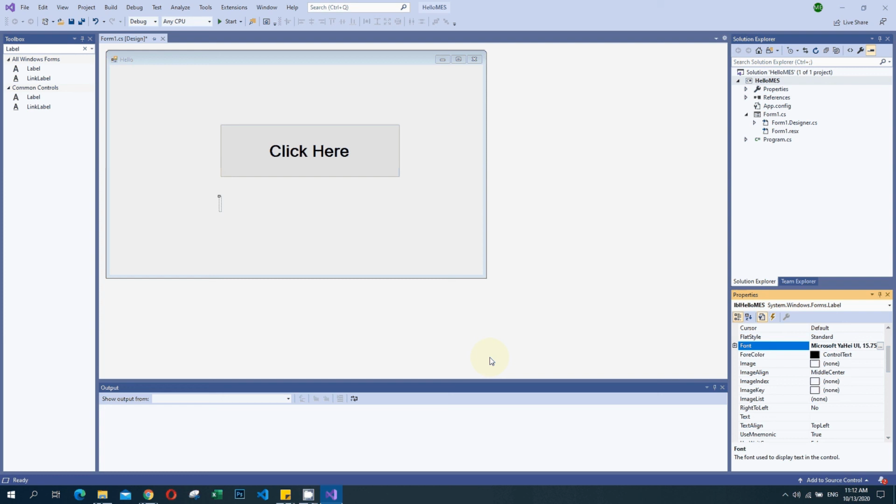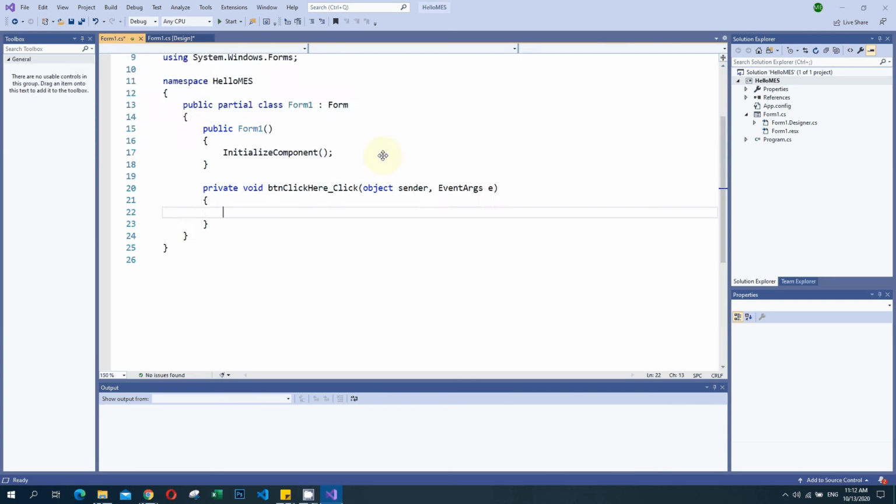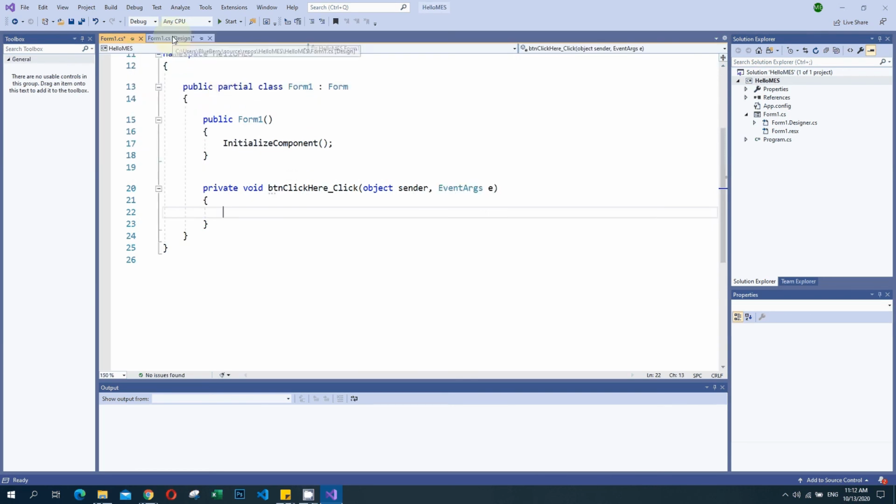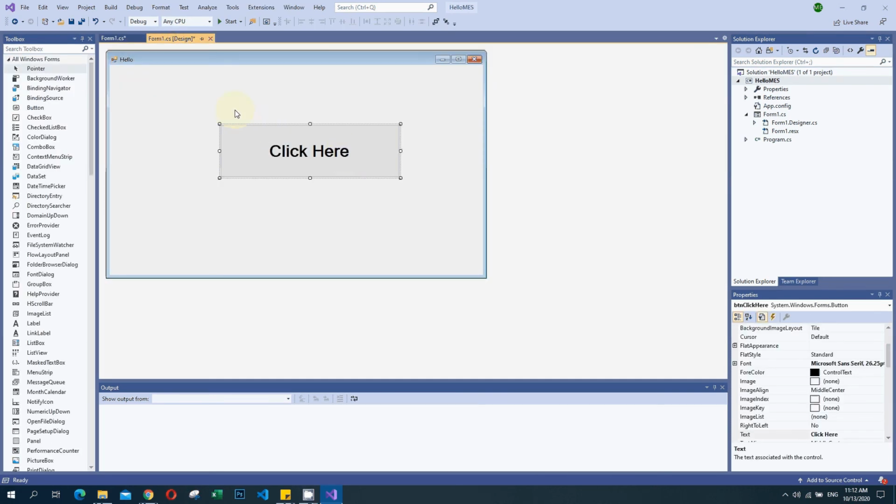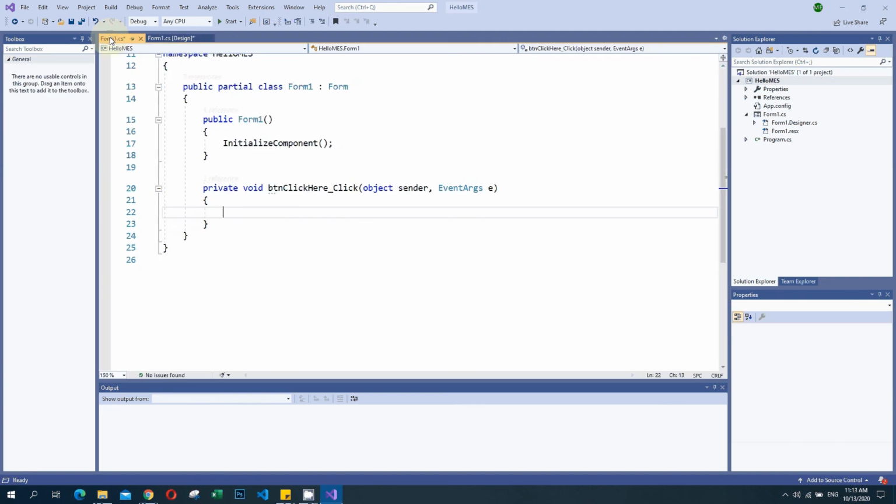Here Form1.cs design is available. I am going to double click that button, and another window will open. Take a look here. By double clicking this button I got another new window here.